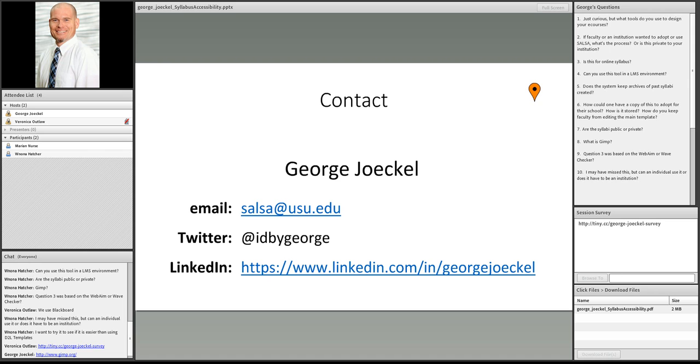So a lot more of this type of information is going to be provided in the software as a service version, which I think, as accessibility becomes more enforced, there's a lot of peace of mind in being able to say, here's all of our syllabi. They meet these accessibility standards.